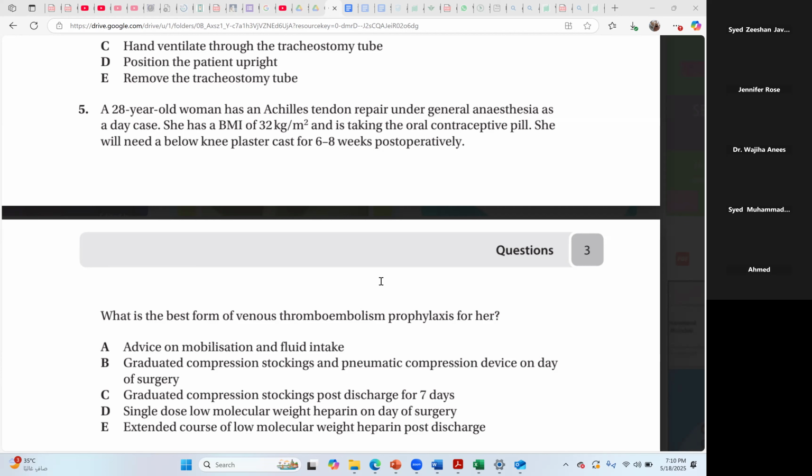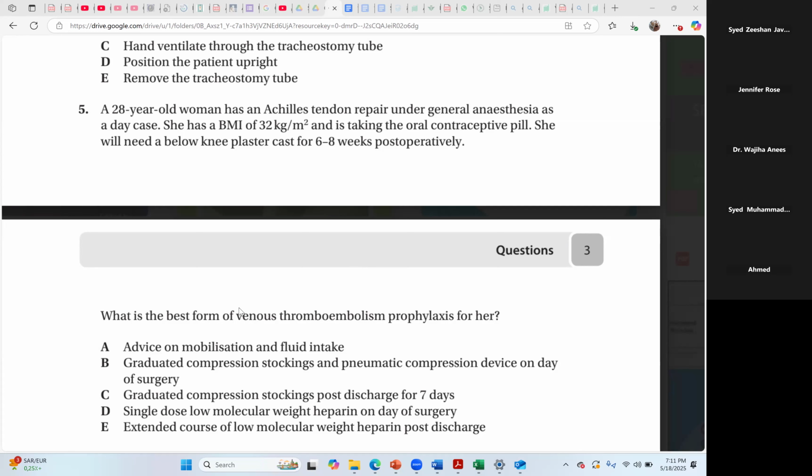Okay. So not only should you find the answer, of course, but you should try to understand what points or what knowledge, like raindrops, you can get from that specific MCQ. Okay, so if you just have a look at this topic in this MCQ, the main point is venous thromboembolism. So since Wajiha, you are here, I will just ask a question. What do you think are the risk factors for venous thromboembolism? Can you speak out, Wajiha?